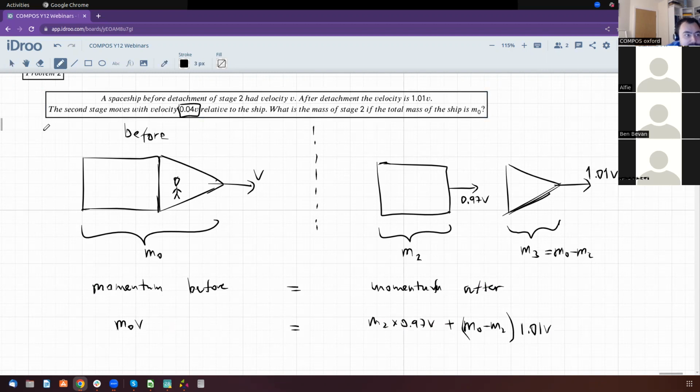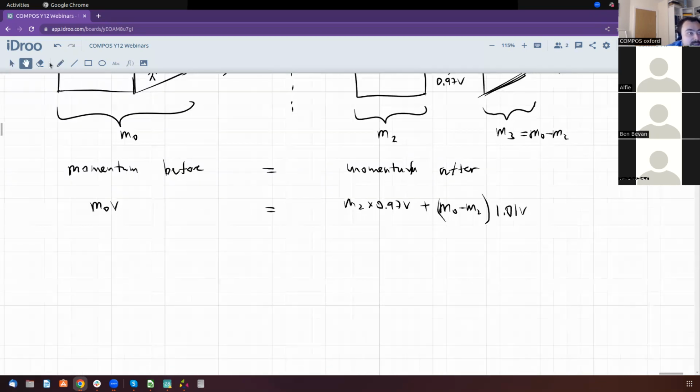And the beautiful thing is that v cancels out. So we have m0 equals 0.97 m2 plus 1.01 m0 minus 1.01 m2,